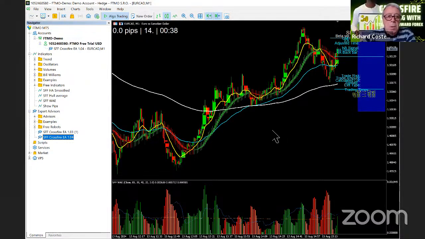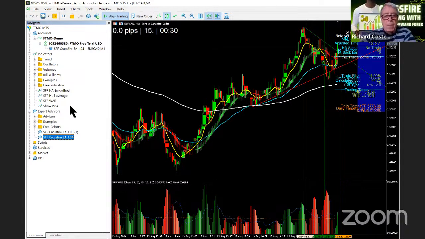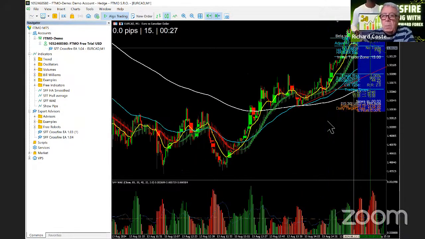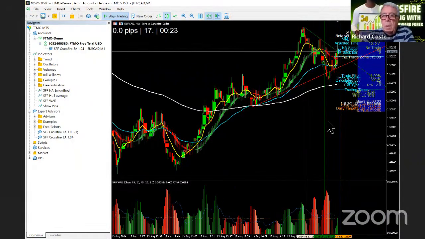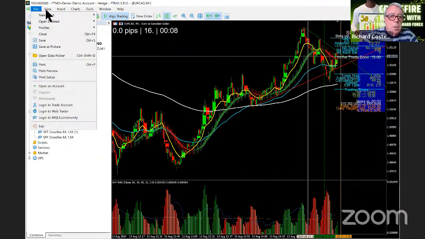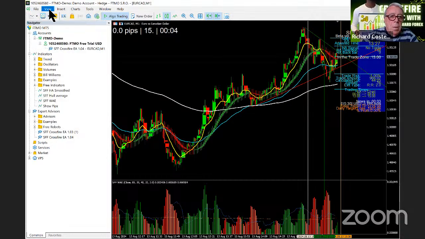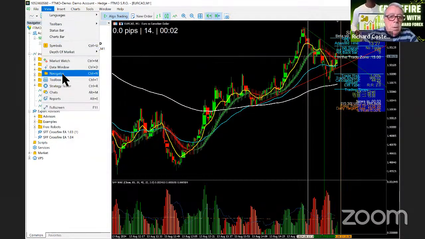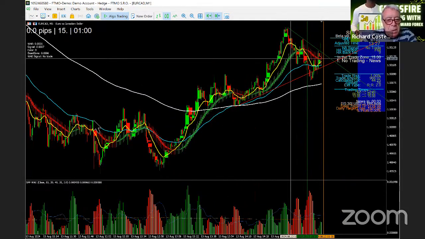We've now got it. Because I already had SFFWAE loaded, it's automatically loaded it for me. There's a couple of things I need to point out. I'm just going to get rid of that panel there. No, I'm going to get rid of that panel. And get rid of navigator. Okay, so you can now see